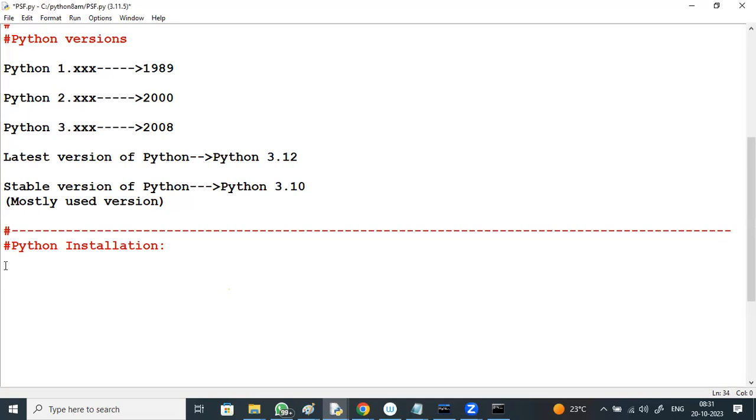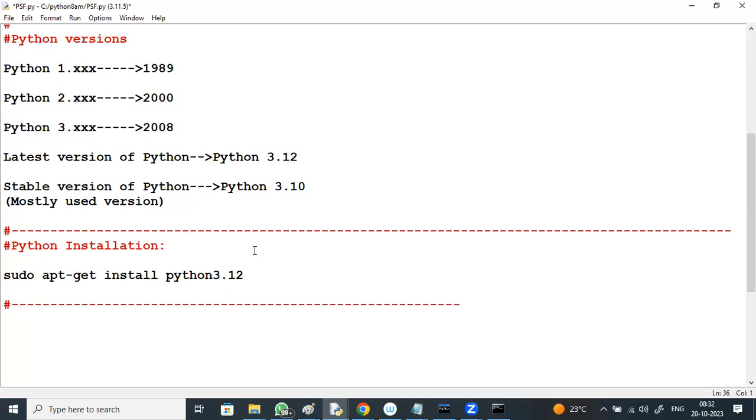If anyone wants to install the latest version of Python within the Linux environment also, we need to do it from the root user: sudo apt-get install python3.12. It will install the latest version of Python. This command automatically downloads and installs Python within your Linux machine.